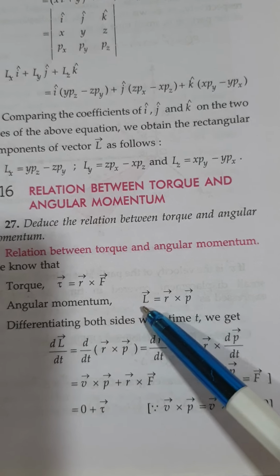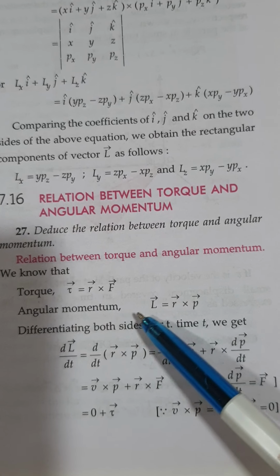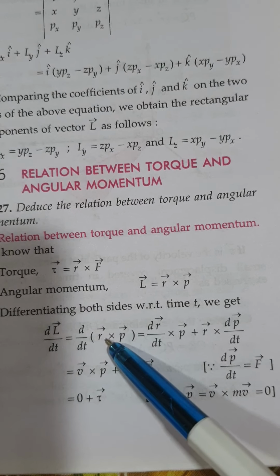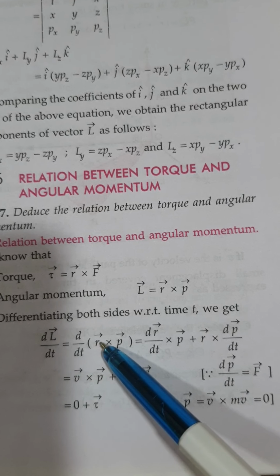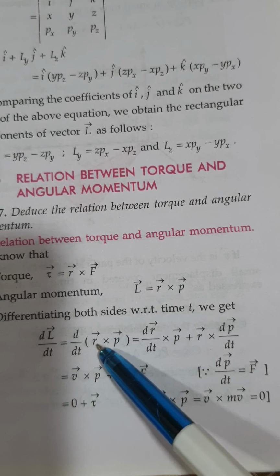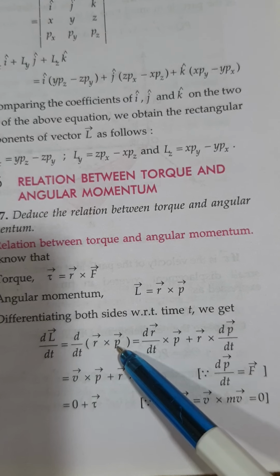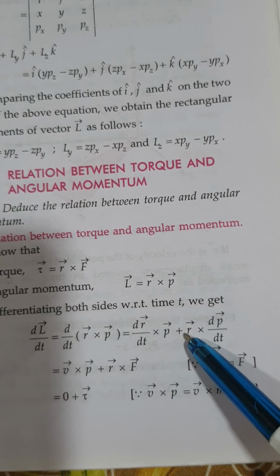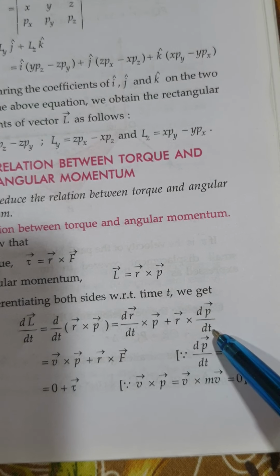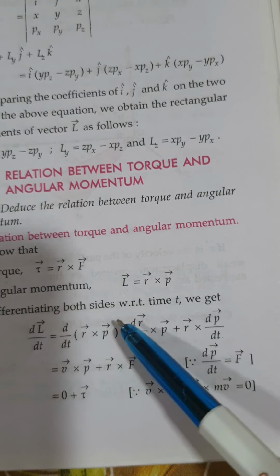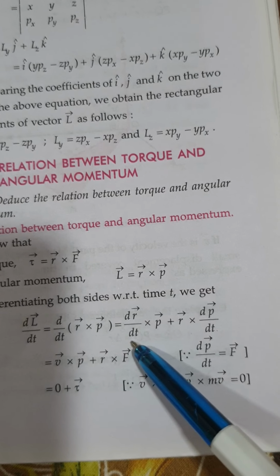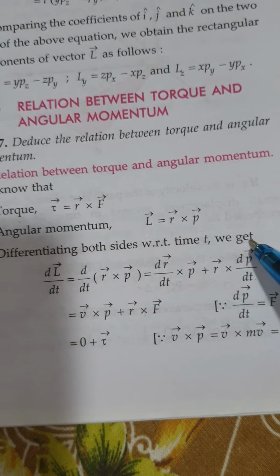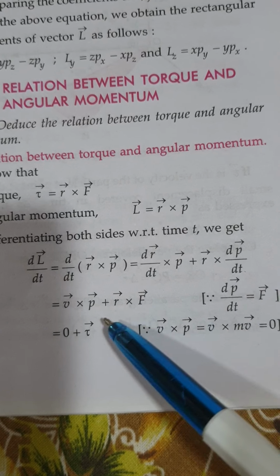So if I differentiate this equation with respect to dt, differentiating this equation on both sides, here we are going to use the product rule. Keeping the first constant, differentiate the second; keeping the second constant, differentiate the first. So d r by dt with p kept constant, and then r kept constant and p differentiated. We know it now, d r by dt, rate of change of position, that is velocity v, and dp by dt, as I had told you, that is your second law of Newton, force.